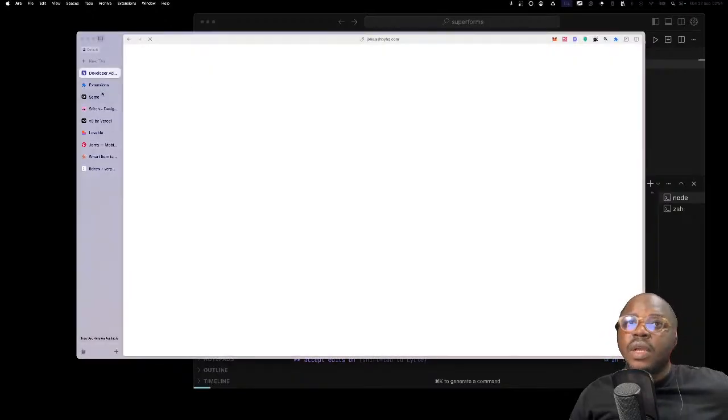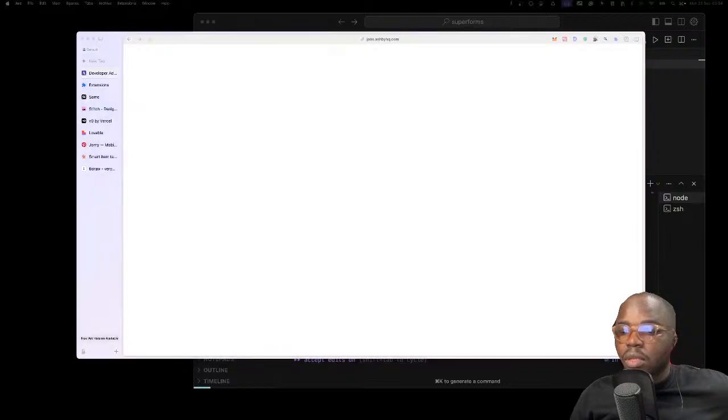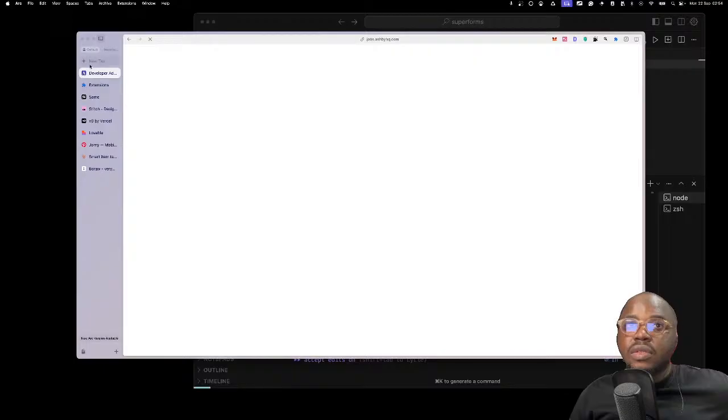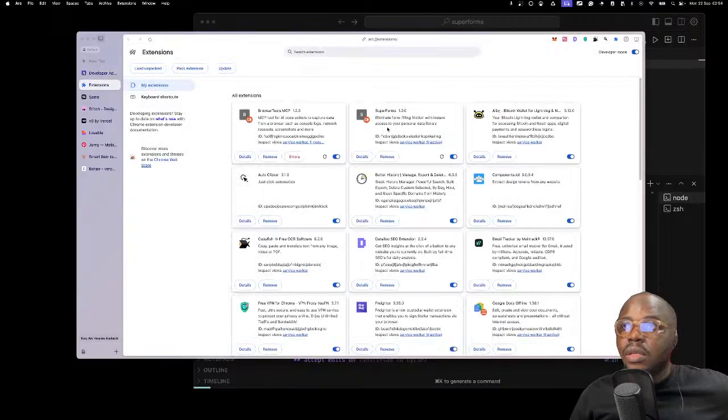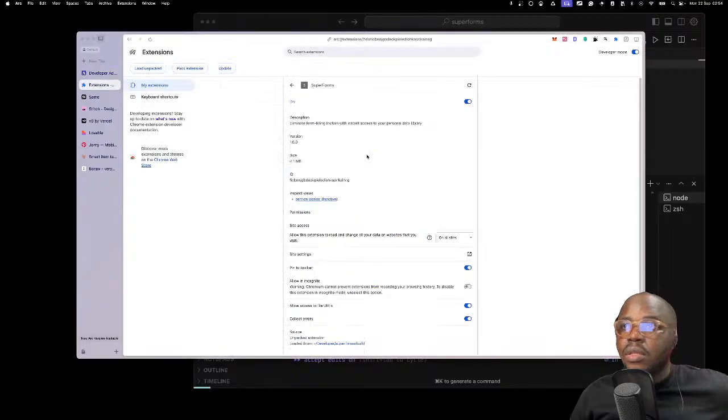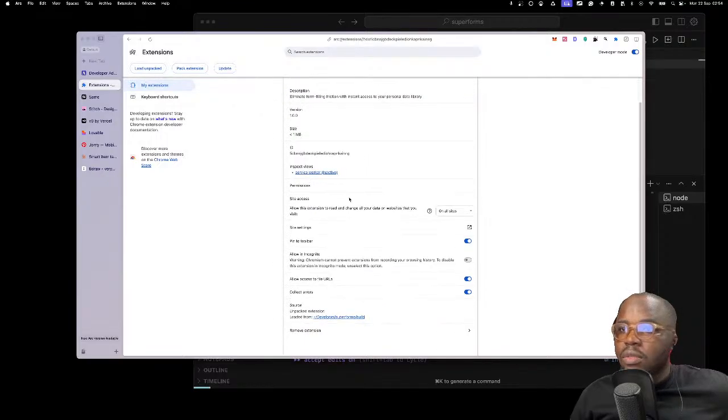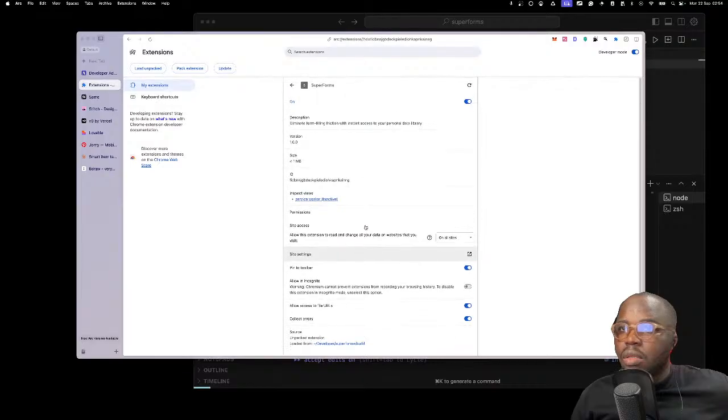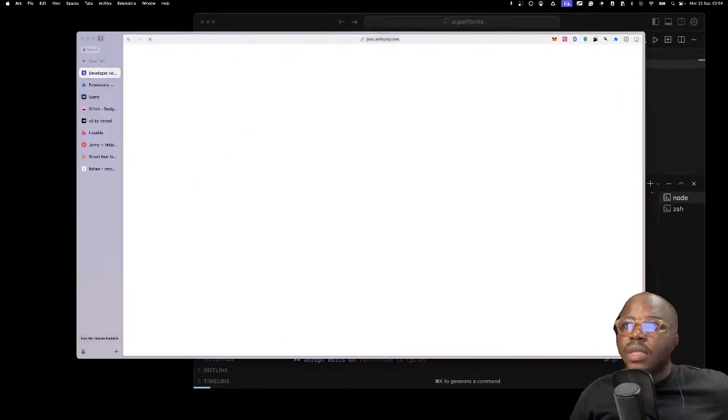For some reason, the UI stuff is not the same again as it used to be. Details. Oh, that's because it's in a service worker. Okay. I don't know why the page for the forms is not loading again.